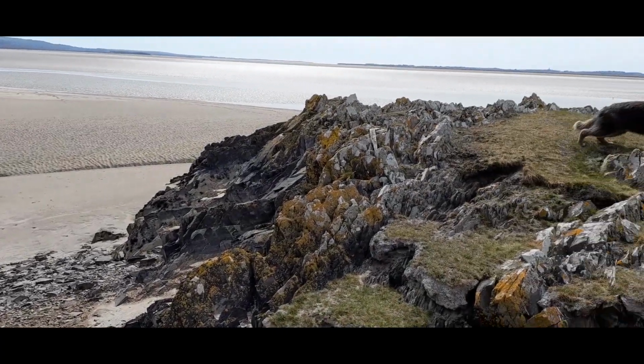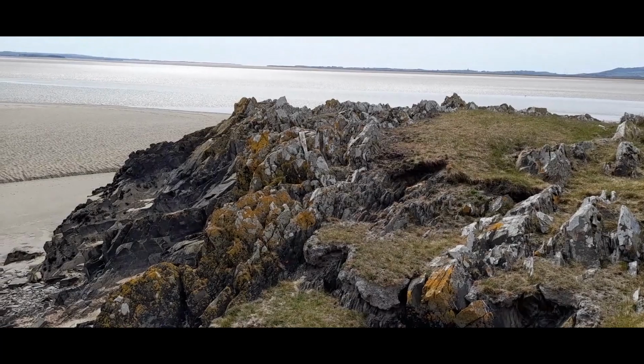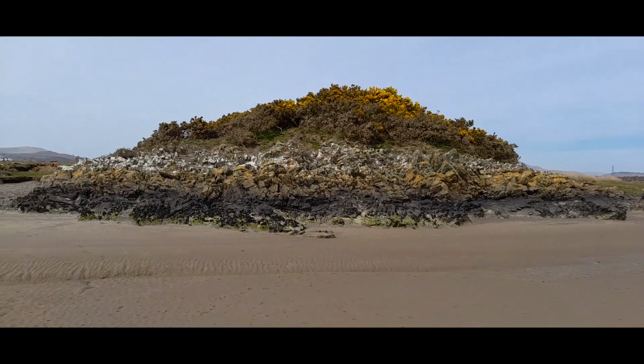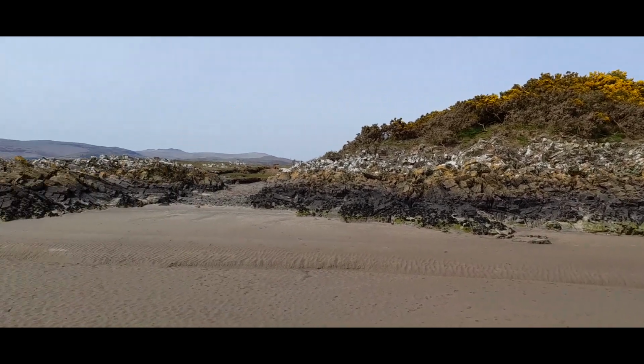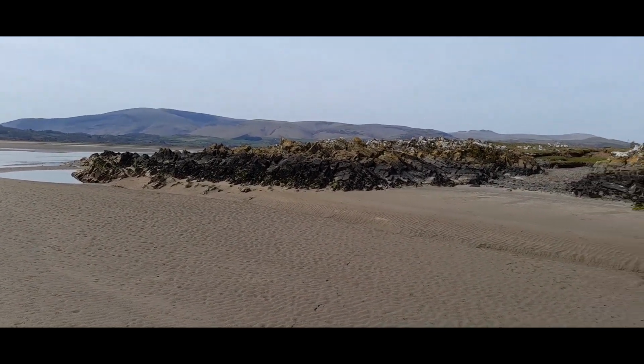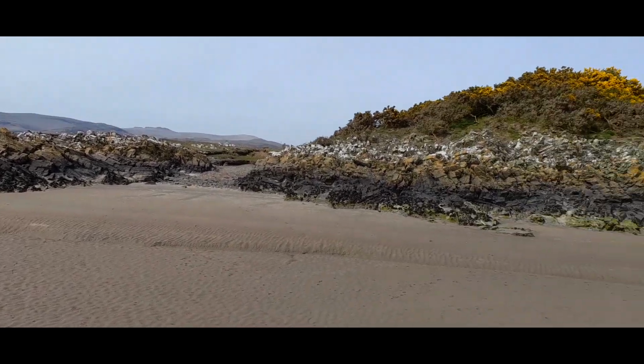Maybe there's something been wedged in between the rocks when it's been high tide. Let's go and have a look. It's just like an outcrop that's been pushed up off the beach. Everywhere else is sand. Well, for some reason this has been